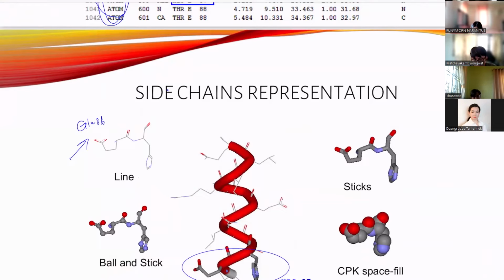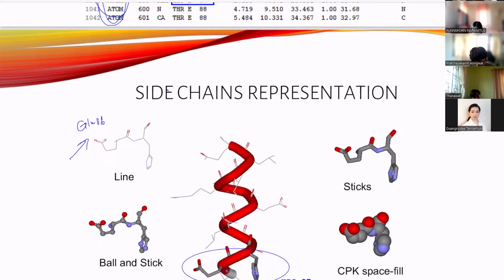And if you draw it in line representation, it looks like this with the colors. So it's a little bit better than the rough sketch, but it is used to communicate about the functional groups easily